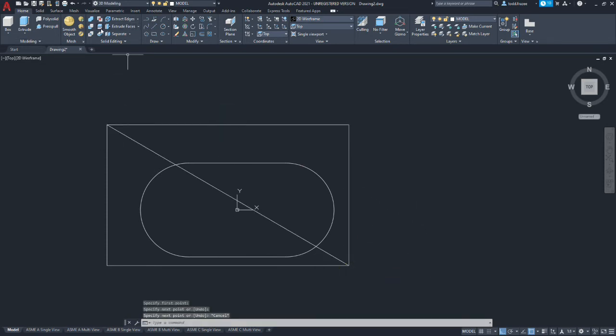And then we will do a move command. And we're going to move the line and the rectangle.